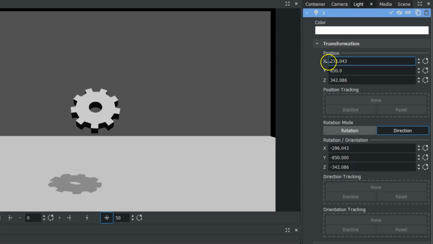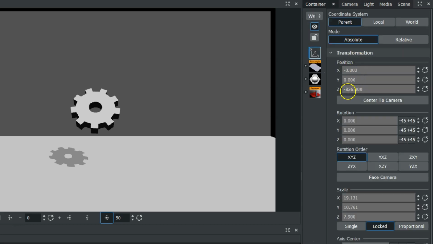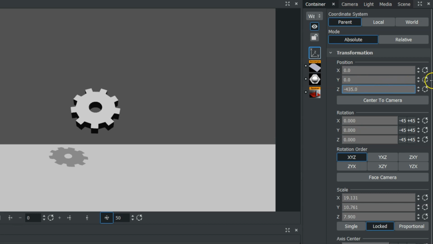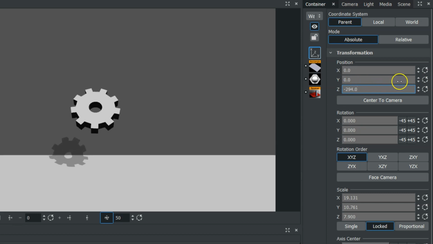Now if we go into our light and we move the light, you can see how it affects the shadow. And if we want to hit that back wall, we can by moving this light back a little bit. Or we could come in and move this wall forward until the caster starts to cast upon that wall. So you can see here, as we move it forward a little bit, the shadow is now hitting the floor